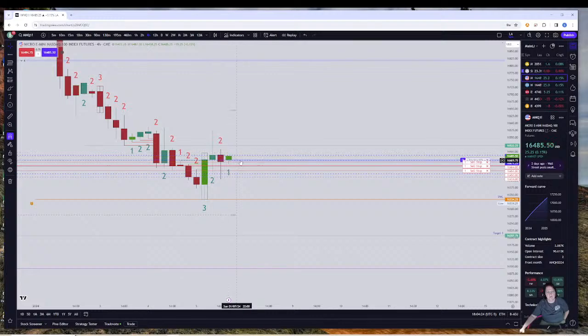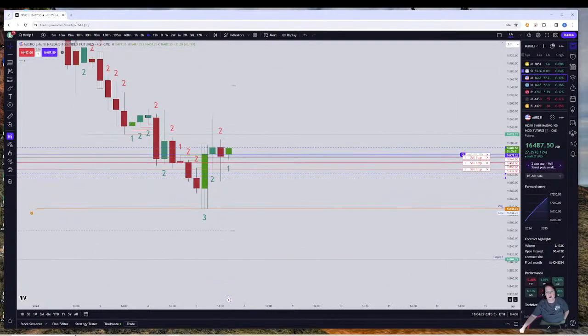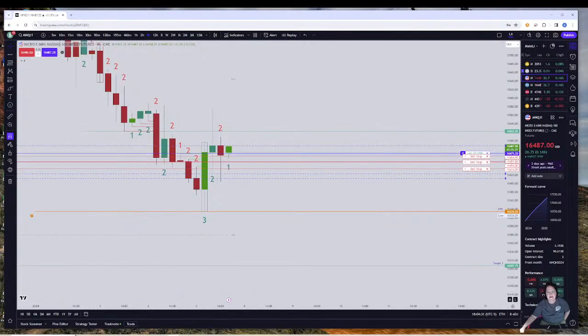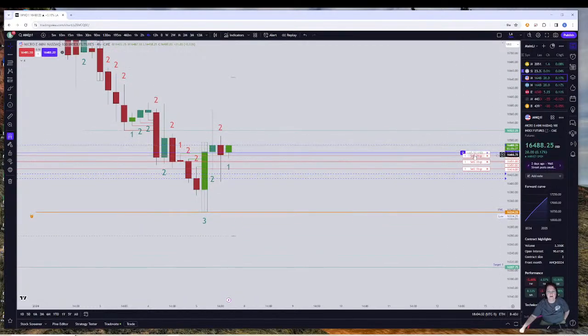Trying to determine if I want to move my stop up. It's a nice little gain. Too bad I didn't go 2 minis. I'd have made my night and been done for the night, right? Instead of $65, it'd have been $650. So anyway, nice little gain right there off the open, even if you did do micros. Remember, micros are 1/10 of a mini.